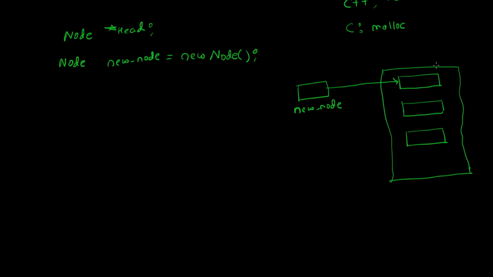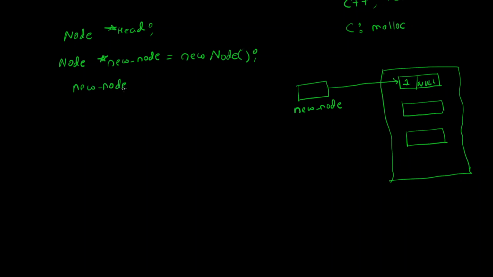Now we can fill in the data of this address as it is a node address. Actually, it should be star here, node address of a node. So we can now fill the data here, which can be anything, let's say 1, obviously, from the first element, and right now it's going to point to null because we can have only one element in the array. First we have done this assignment, second we have to fill in the data. So let's fill in the data.